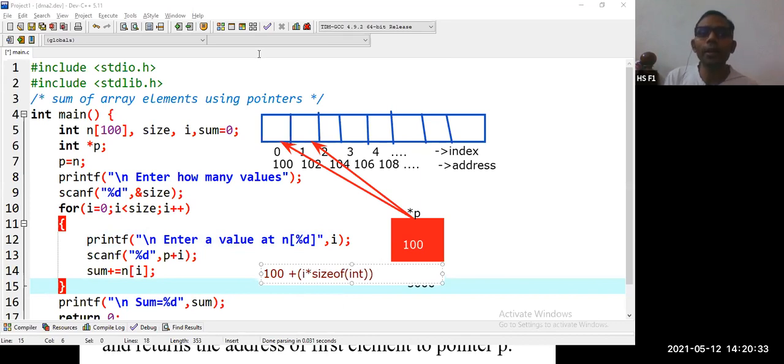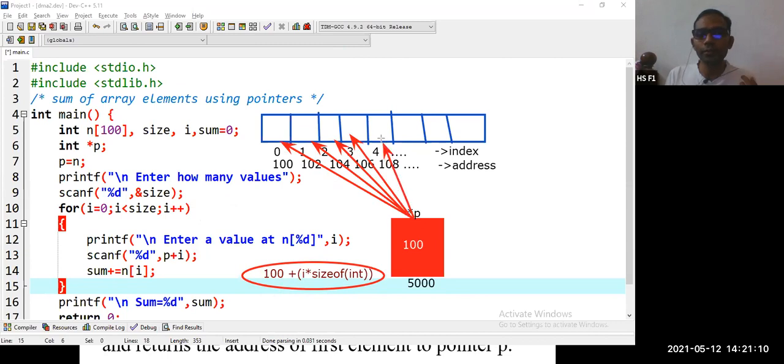This is going to happen every time. What is the i value for the first iteration? i value is 0. So p plus i: the pointer is 100, and 100 plus 0 into anything is 0. So the first time it is pointing to the 0th location. In the next iteration, i value becomes 1, and it adds 100 plus 1 into size of integer, 1 into 2. So 100 plus 2, 102. In the next iteration, it points to the next location as i value increases, and this process goes on. Is this clear?